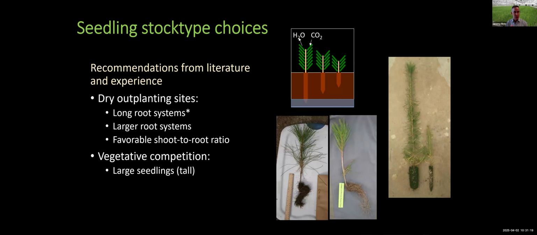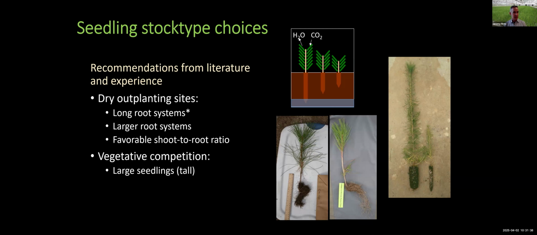So, seedling stock type choices. I was asked to go over at a high level what we might be thinking of when we're choosing what stock types we're using in the nursery. And so the recommendations that I'll glance over here real quick come from the literature, and they come from experience. But for dry outplanting sites,